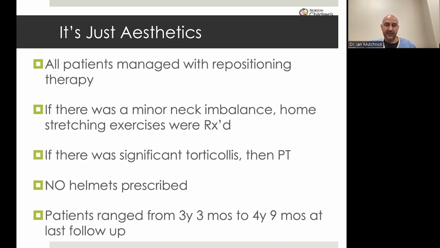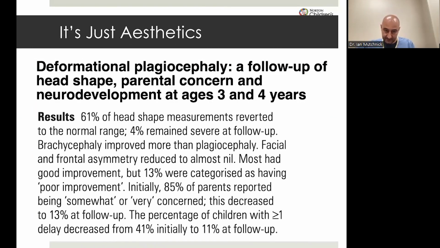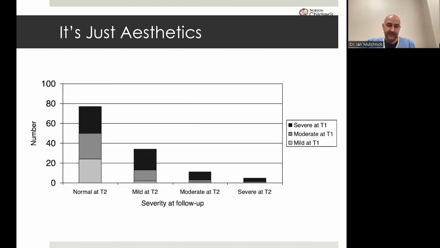All patients were managed with repositioning therapy. If they had torticollis, then they got PT. If there was a minor neck imbalance, home stretching exercises were recommended. Again, no helmets were prescribed for any of these patients. And then they were followed up for the study's purposes anywhere from 3 years, 3 months to 4 years, 9 months. What did they find? They found that